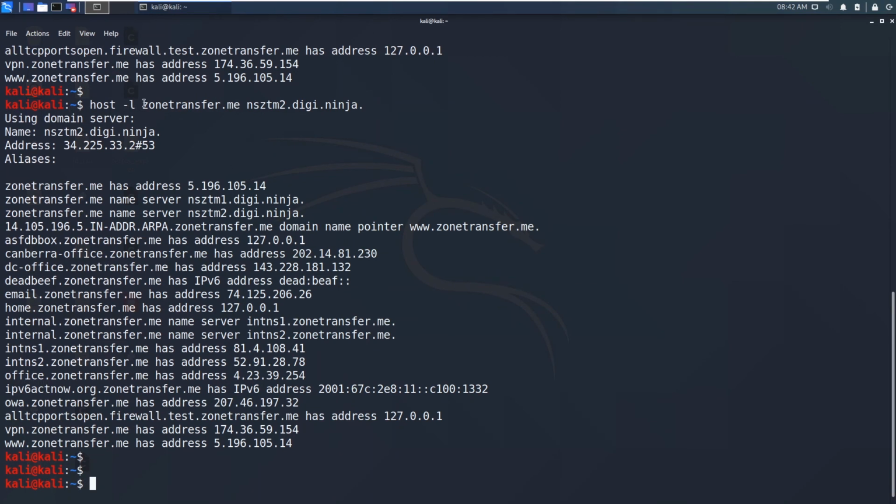So what is the use of asking for the zone records? If any website or domain has test websites or testing subdomains, they will test applications using these subdomains. So if there is some sensitive information or a possibility of bugs in those testing subdomains, in that way you can find the subdomains and move on from there. So this is all about the host command. The host command is generally used for DNS information, but we can also ask for zone transfer.